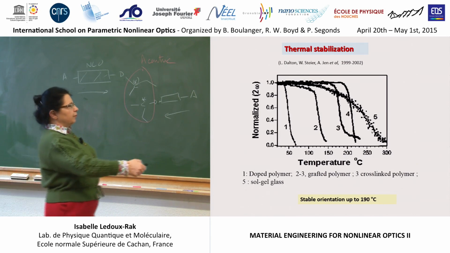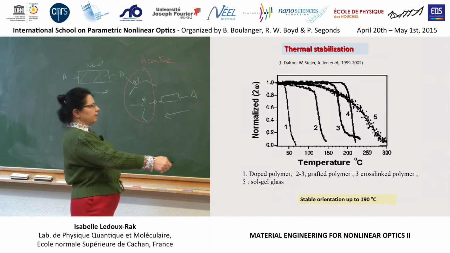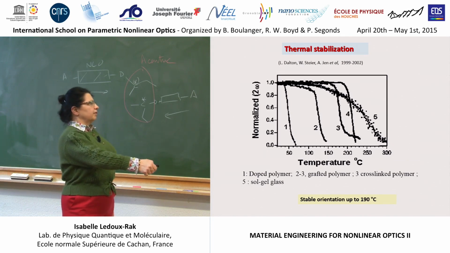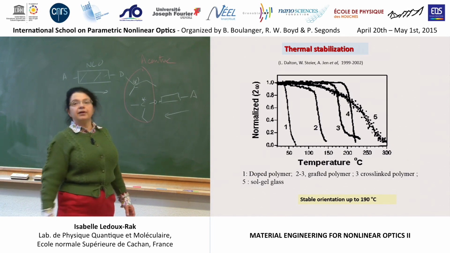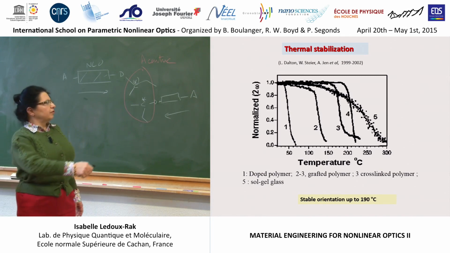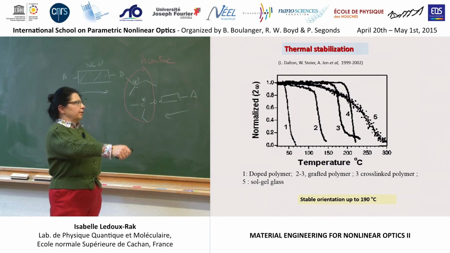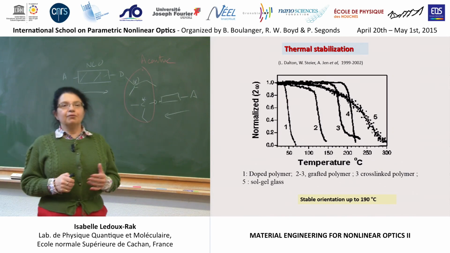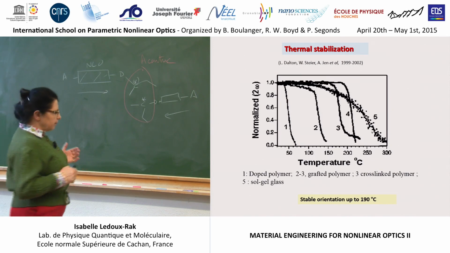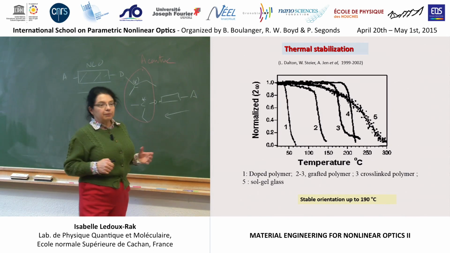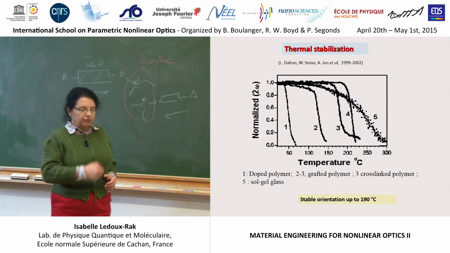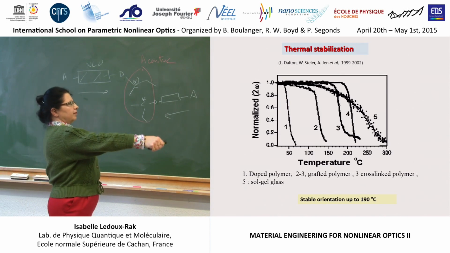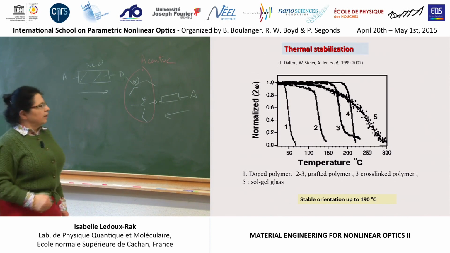People have also tried another kind of matrix, which is inorganic, made from sol-gel. In fact, it's a matrix which has the same composition as silica, silicon oxide, but it's made from synthesis from water at room temperature, so the matrix is not very dense, contrary to silica glass. And in fact, because it is very porous, molecules can easily relax to centrosymmetric geometries as shown here.